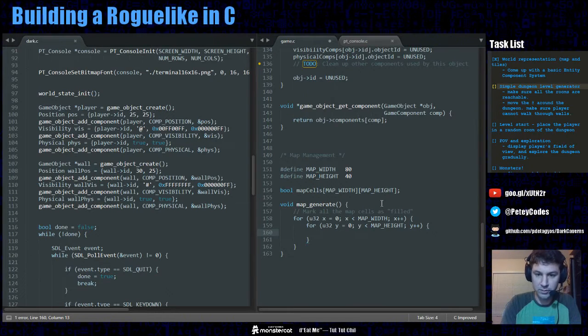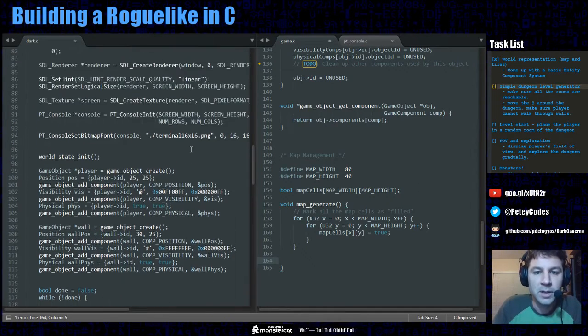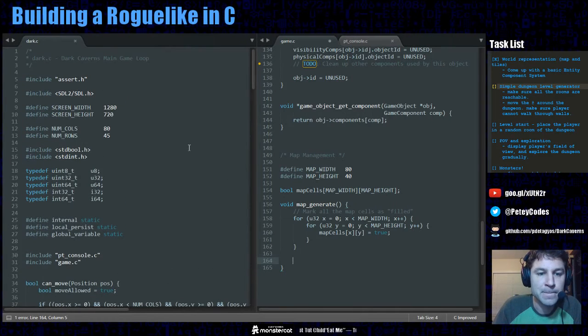So what we'll do is we're going to mark all of the cells as filled. And then, so we're going to generate some rooms. And to do that, I'm going to bring in